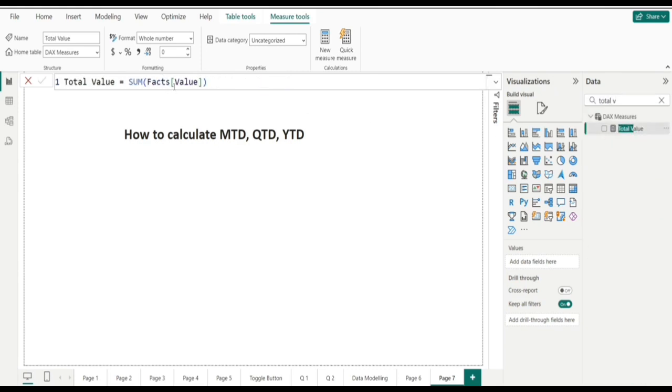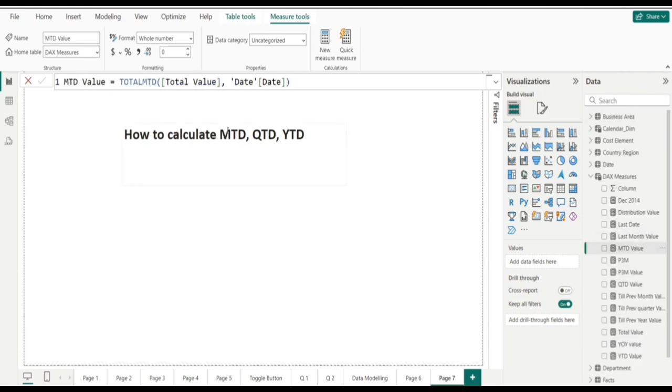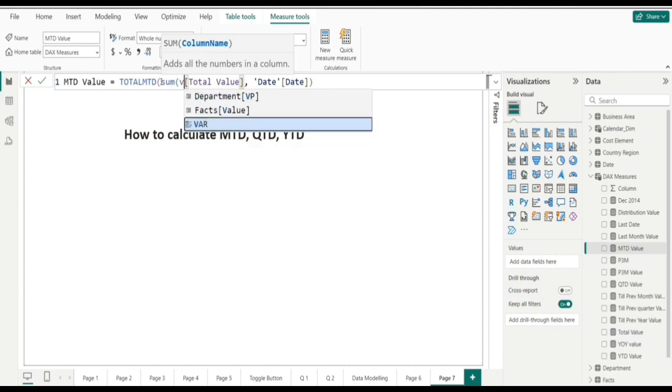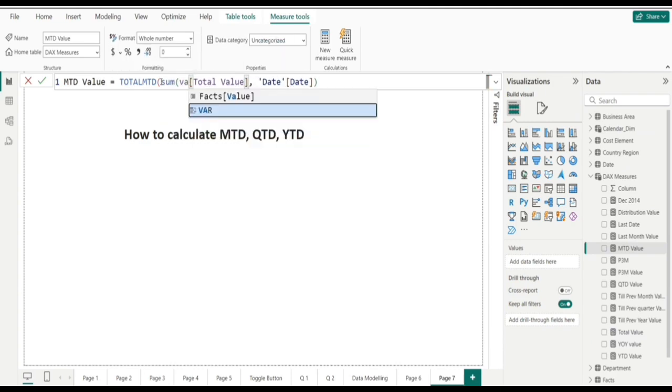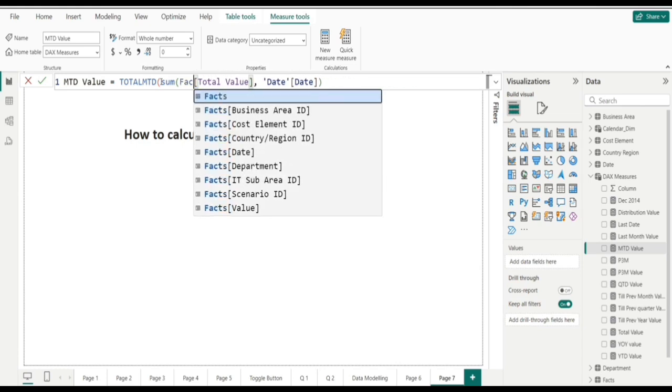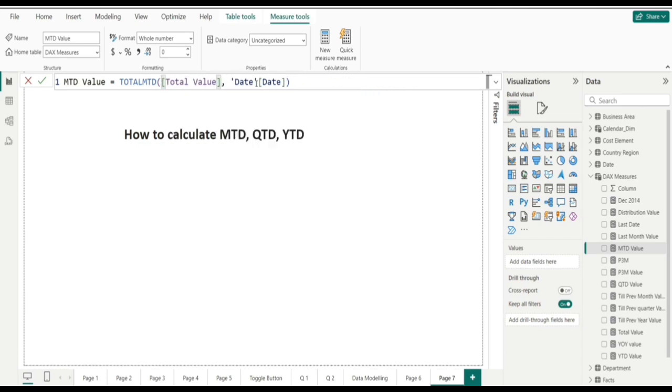Sum of, the fact table I showed you just now, from that value column, sum is done. That's it. Okay, so this measure I have passed there, the inbuilt measure which is there. Even you can write here like this. That's the sum of that value column. Now see, even you can write like this also, but here the DAX is already made, so that DAX I have passed. Okay, and then the date column, from the date table we have passed,